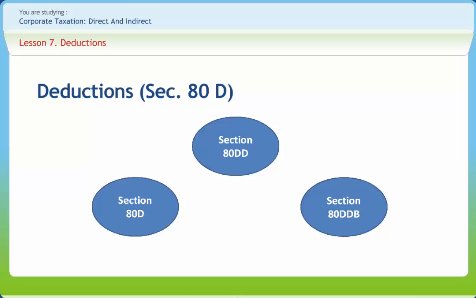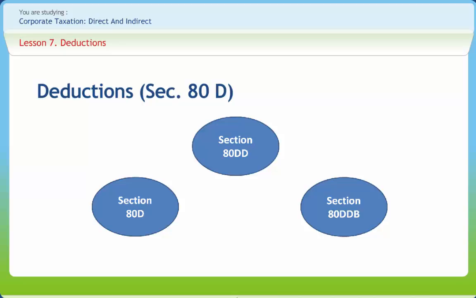Any individual or a Hindu undivided family (HUF) can claim deductions under Section 80DDB for certain diseases. However, you have to be a resident; a non-resident (NRI) cannot claim this deduction. The diseases mentioned in Rule 11DD of the Income Tax Act are covered under this section. These diseases are neurological disease, where the disability level has been certified as 40% or more, malignant cancers, full-blown acquired immunodeficiency syndrome (AIDS), chronic renal failure,